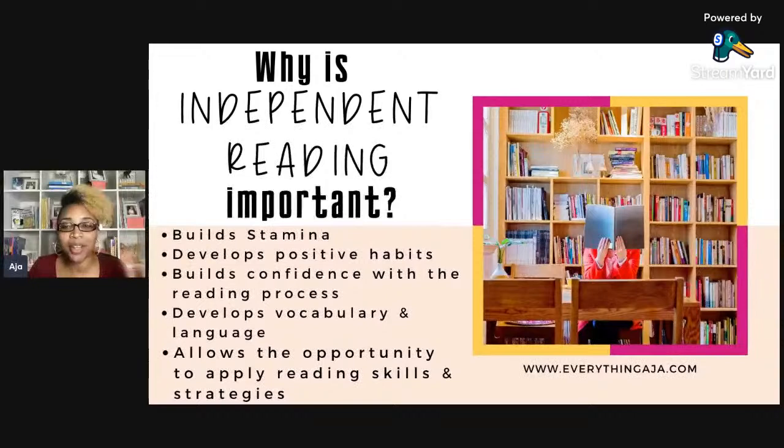Well, it's important that we get children to read independently in order for them to build stamina when it comes to reading. And also, not only does it build reading stamina, but it also helps develop positive habits. In addition to that, it builds confidence with their reading process. Children will become more fluent in the reading process. And